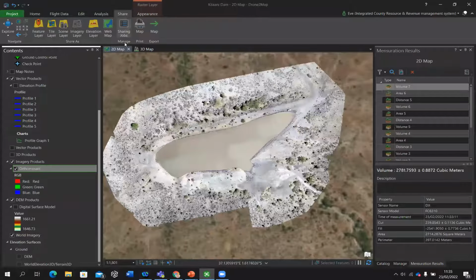Then there are various sharing options. I can share this as a tile layer, meaning that this will be a hosted tile layer within my ArcGIS Online. I can share this as a web map, or if you want to share it manually, you can just export it as a PDF. For this particular one, I'm just going to show you how you can share this. For instance, I want to share it as a tile layer, so I just choose tile layer, and then